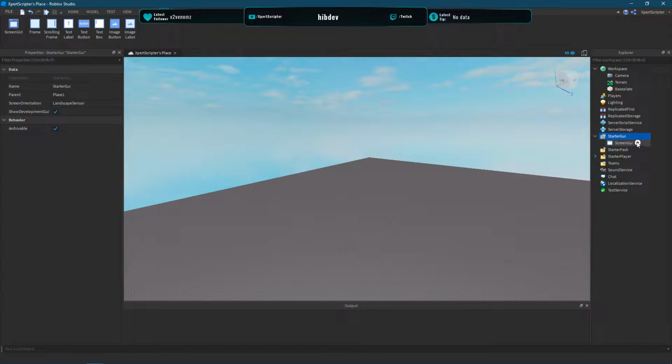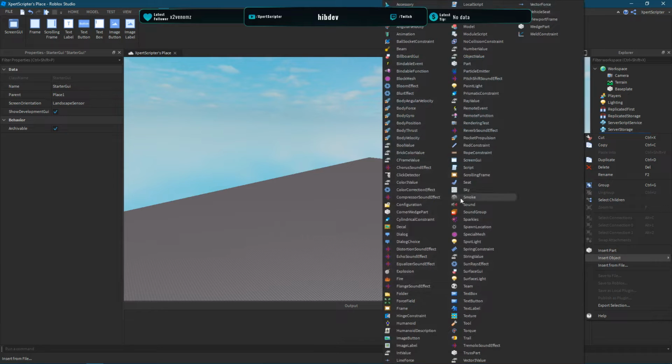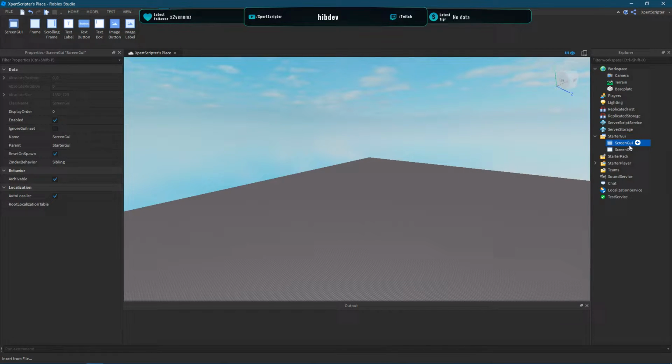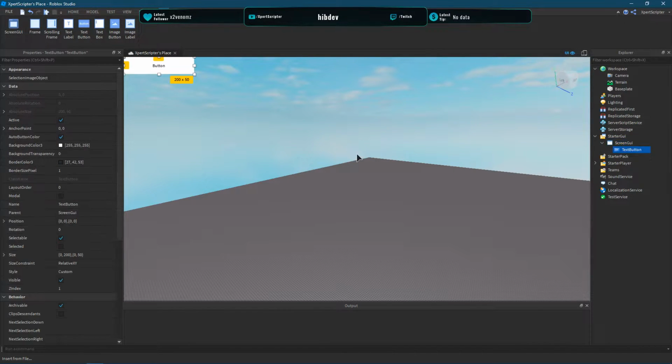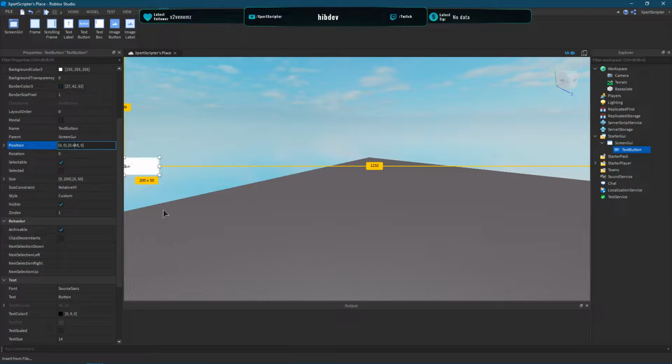Alright, so first of all what we're going to do is we're going to make a GUI. So you right click on StarterGui, insert an object and click ScreenGui. Alright, then you can click the little plus symbol on here and add, we're just going to put a TextButton. Alright, we're just going to put it like this, 0.5, set that to 0.5 as well,